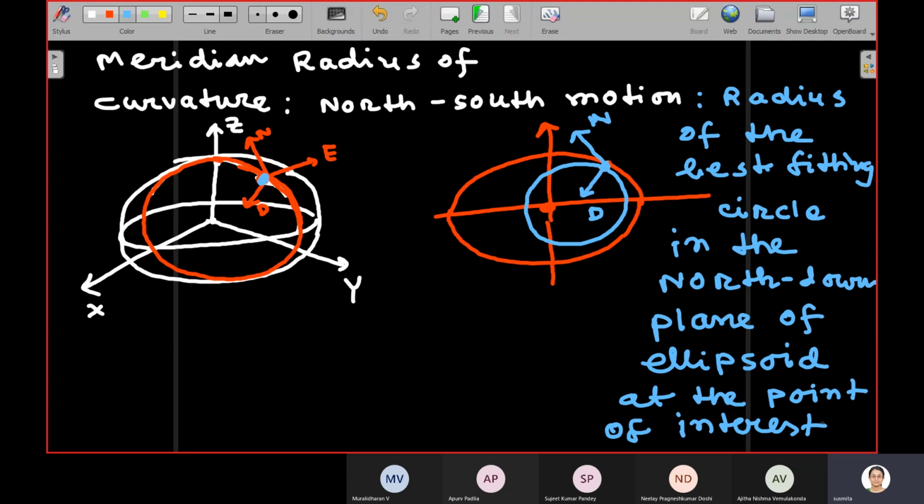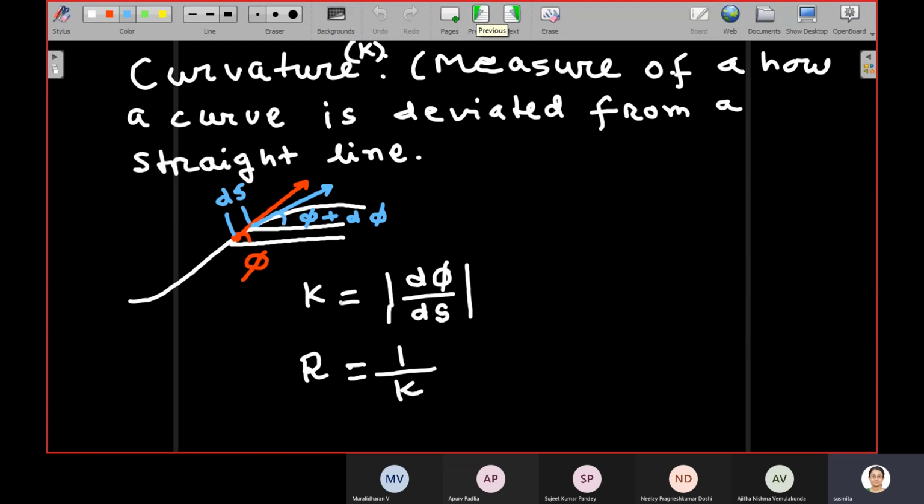How do we find the best fitting circle? On the previous page, we defined curvature and got the basic definition of the radius of curvature. Now, for any curve y is equal to f of x, it can be shown that this changes to